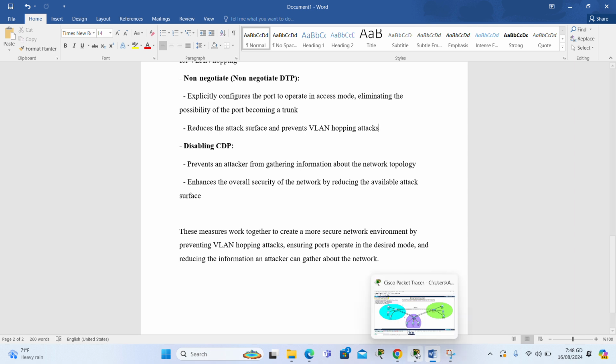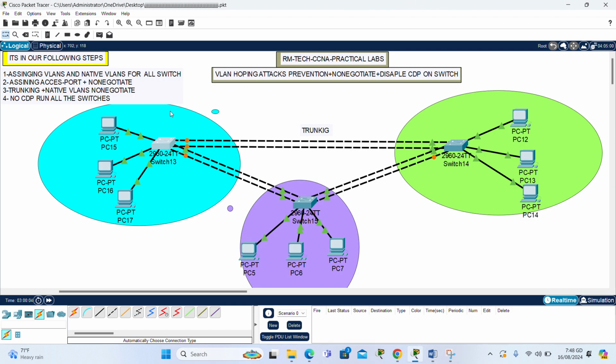If we return to our topology to make our configuration, we will take the following steps. In our first step, we will assign VLANs and native VLANs on all the switches. In our next step, assigning access ports and non-negotiate, trunking, native VLANs, non-negotiate, and no CDP run on all the switches. So in our first step, we will make